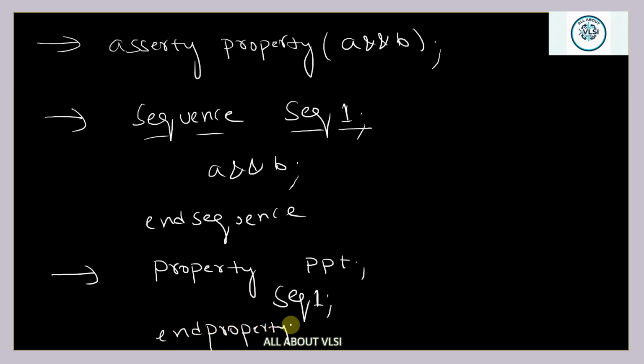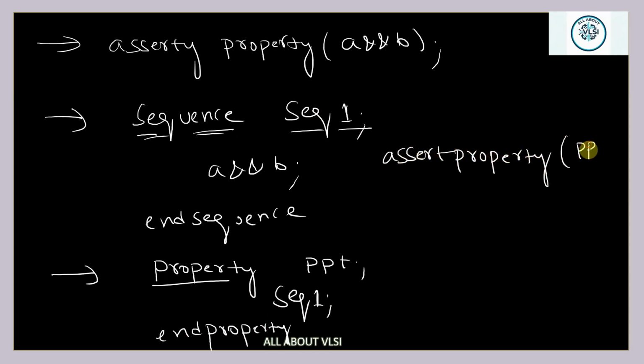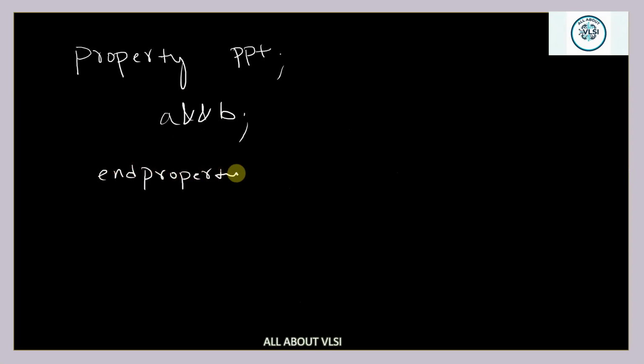Now, you cannot use the assert keyword with your sequence. You should use the assert keyword with your property. So I'm going to write assert property, and the property name is PPT. This is how I'm going to use it. Or else, a sequence is not mandatory. If you think a sequence is not needed, you can skip this part and write whatever direct relation you have: property PPT, and the relation is A logical and with B, end property. And you can write assert